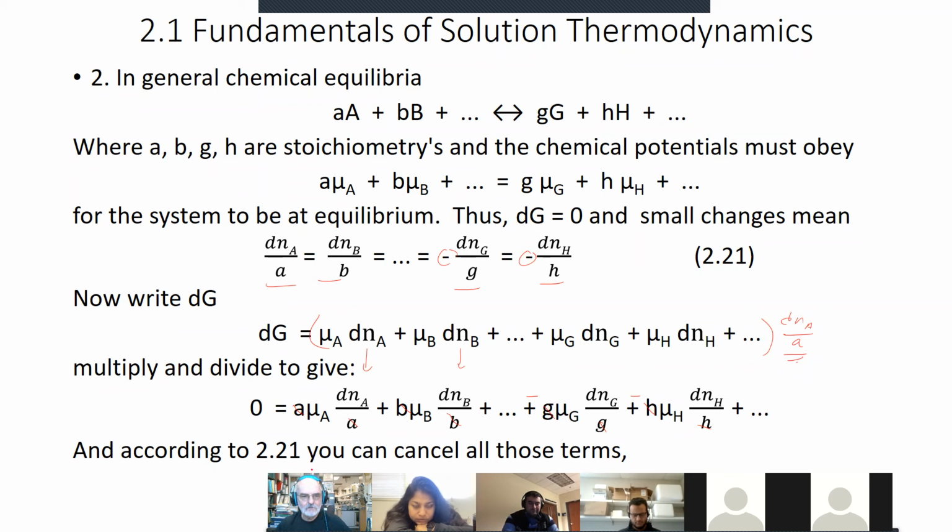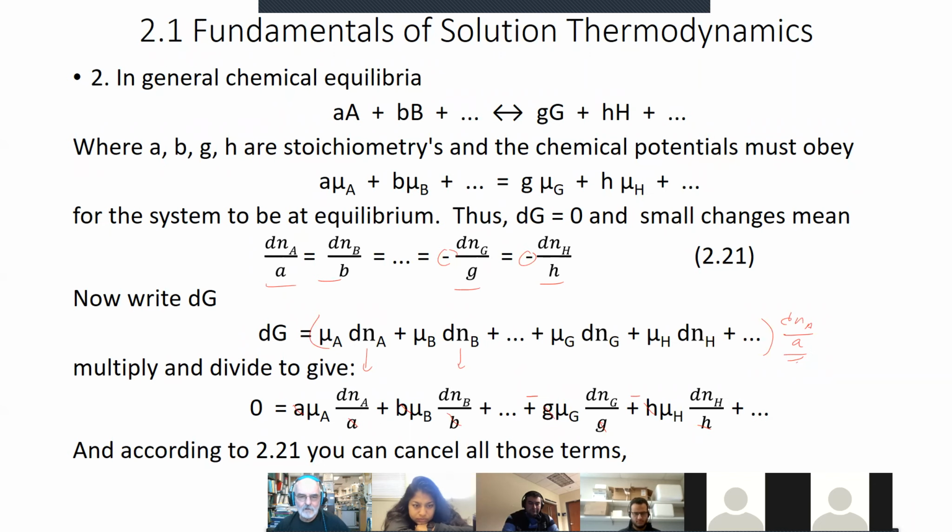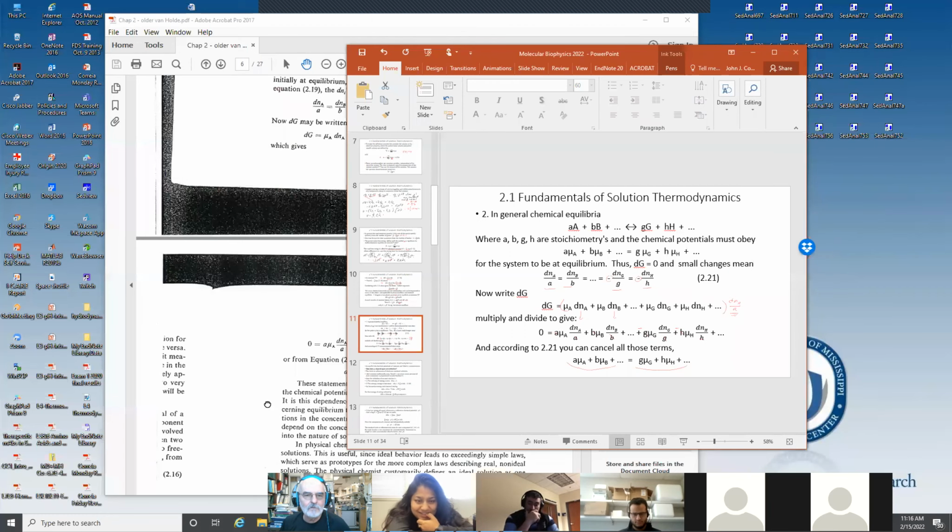You can cancel all the terms according to 21. So I've got this written down wrong. What have I got here? Yeah, I wrote this down wrong. Let's go back to the math. This is what happens when I try to reproduce a book and I get caught up in the